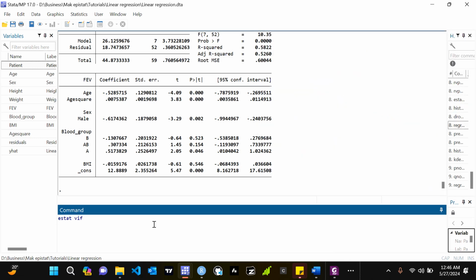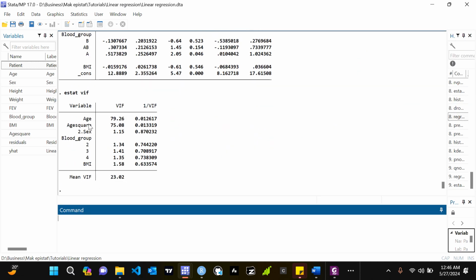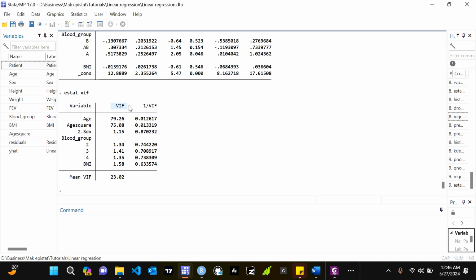We test this assumption using the variance inflation factor, or VIF, and 1 over VIF. If 1 over VIF is less than 0.1, or if VIF is greater than 10, it means there is correlation. You see that age square was gotten from age, that's why VIF is greater than 10. It means these ones cannot independently